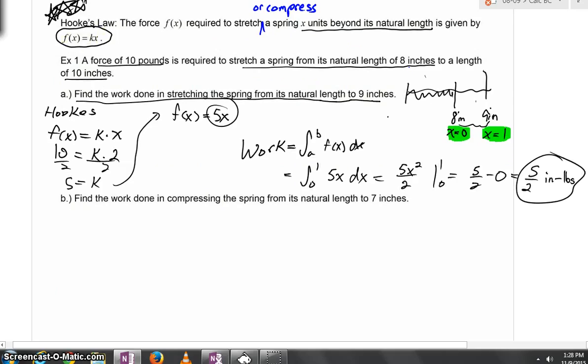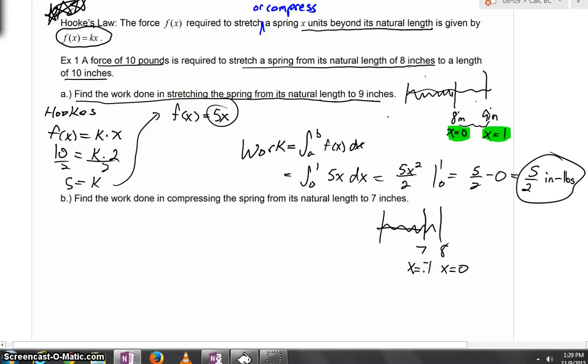One more problem. So this, in other words, is the exact same situation. And you can think, well, okay, find the work done in compressing the spring from its natural length to 7 inches. And you can think, oh my goodness. Well, here's its natural length of 8. That's x equals 0. Then all of a sudden you come here to 7 and you'd go, uh-oh, x would equal